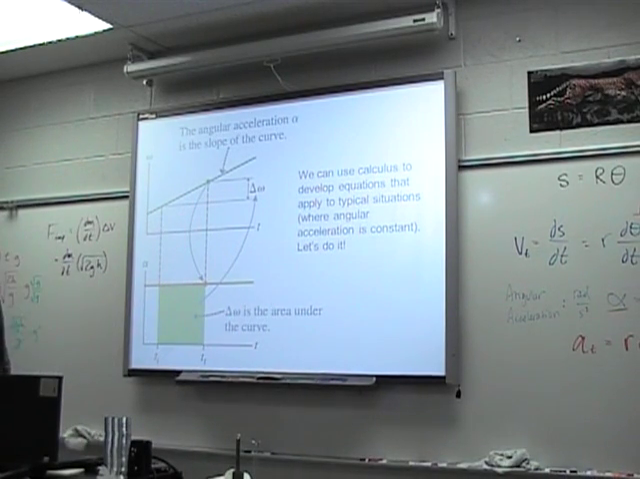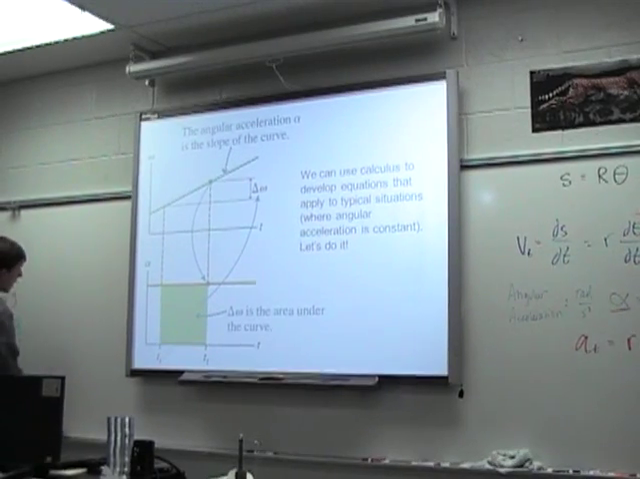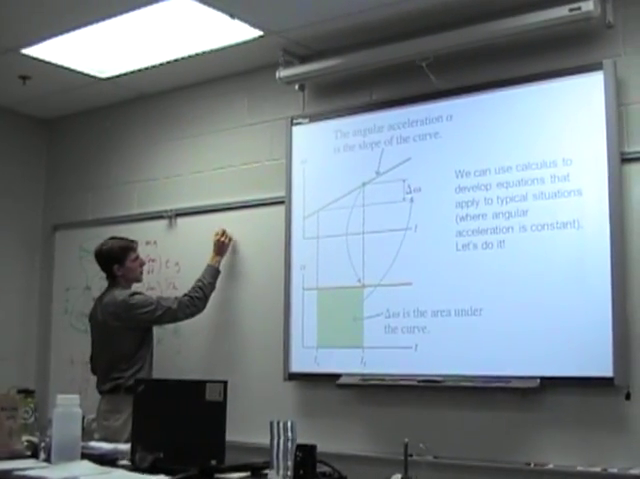Angular acceleration is the slope of the omega versus t curve, the angular velocity versus time curve. The area under the angular acceleration versus time curve is angular velocity. Yay, calculus. Now, watch this. This is the last thing we'll do today. If, let's assume a constant